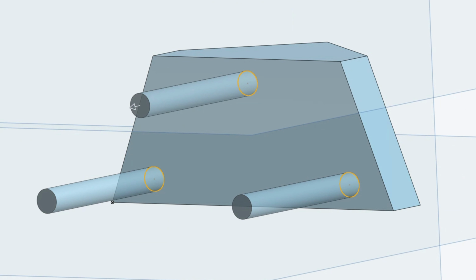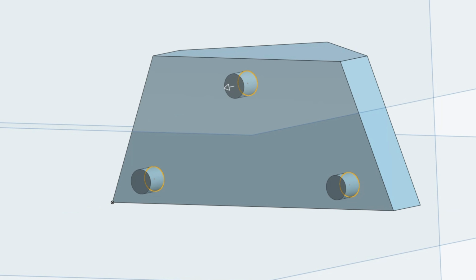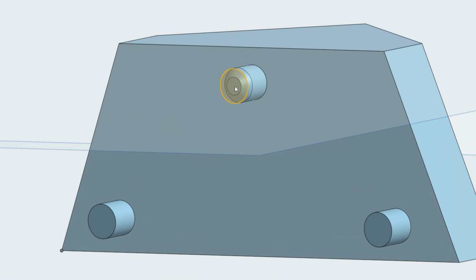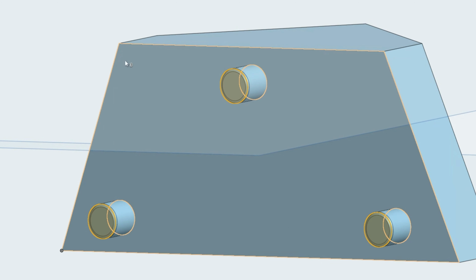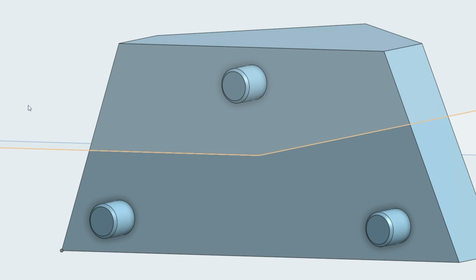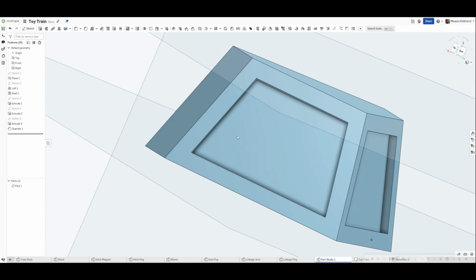They don't need to go out that far. They go out, let's see, 0.125, green check mark, and the last thing is the chamfer. And I'm going to put the chamfer on this, and that chamfer's distance is 0.01. It's not a very big chamfer. I don't have to hit green check mark. I can go and do number 2 and number 3 all at the same time. It's the same chamfer, green check mark. And there you go. There is my